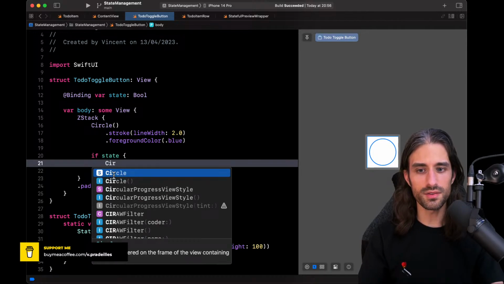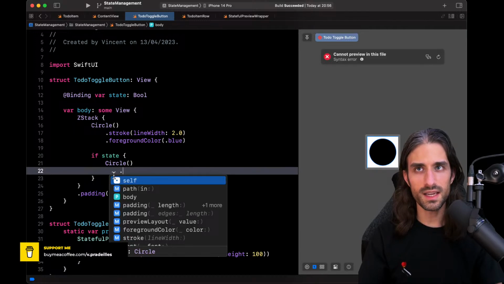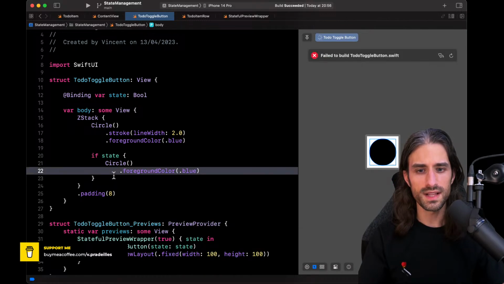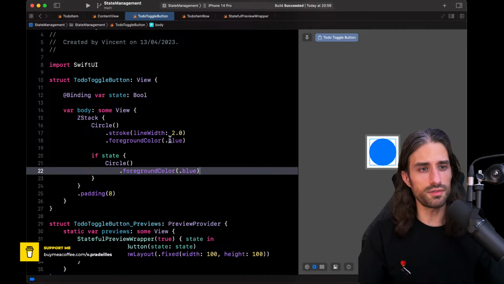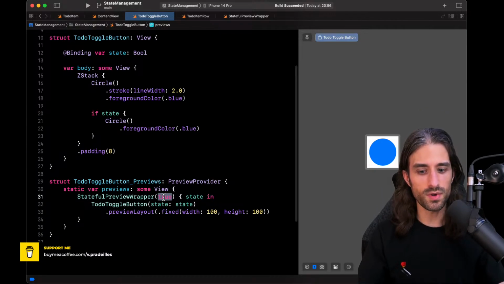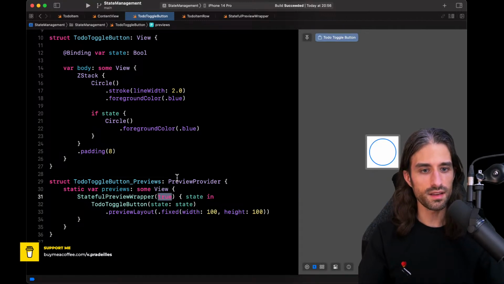And I'm going to have a second circle, except that this time I want it to have still my foreground color of blue. Here it already looks kind of nice. You know what? I will do the improvement later, but right now it already looks kind of nice. You can see that when I go from false to true, I have indeed two different states.